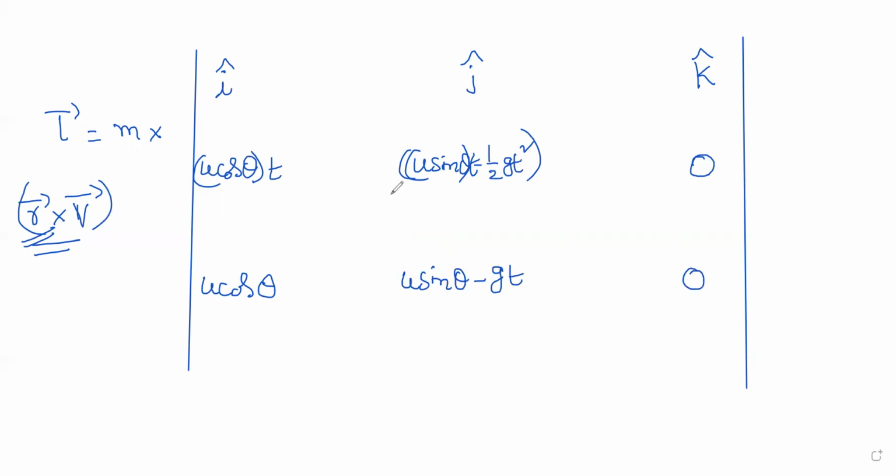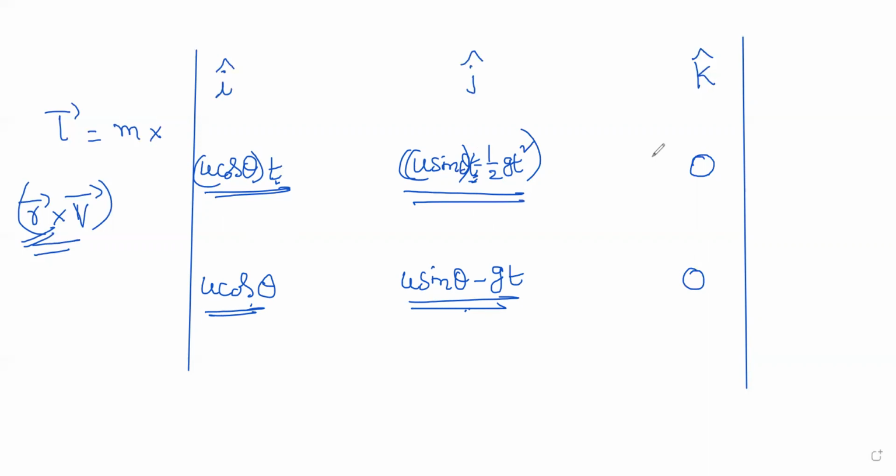If you feel it is difficult to remember, you take this equation and just differentiate it. Here you get this. You take this term and differentiate, you get this. So it is very easy to write the velocity to find the angular momentum, this quantity. Like this, I remember it. So that's the reason I could correct the earlier one, what I did.